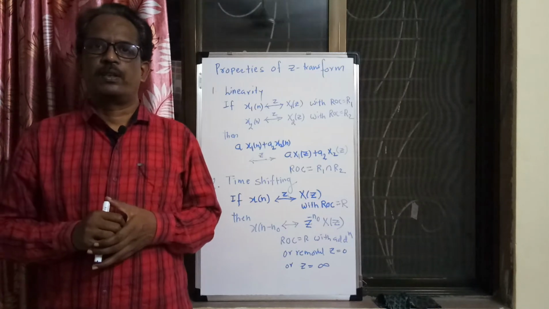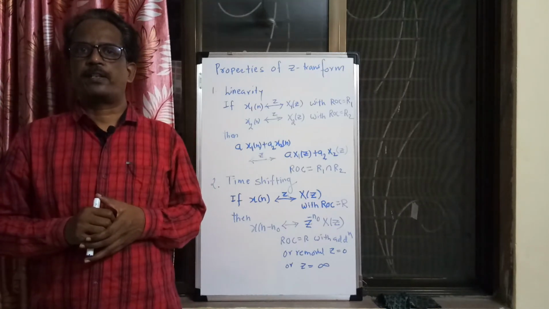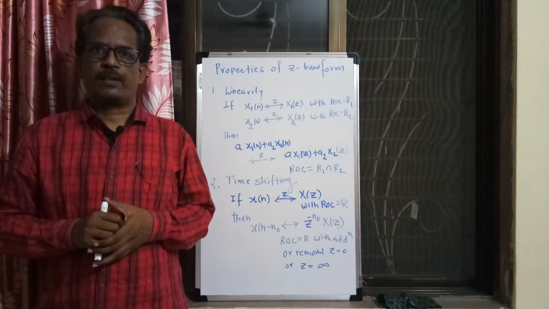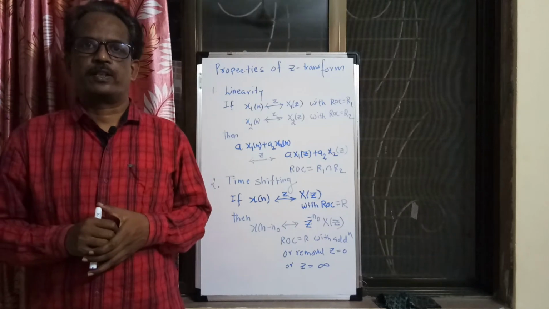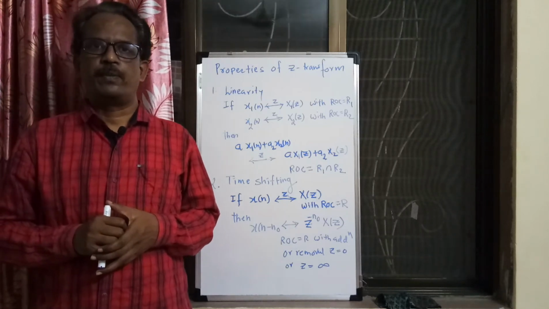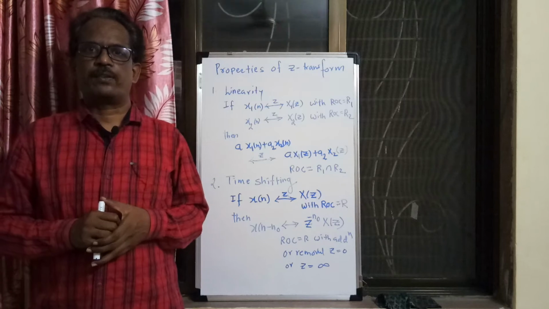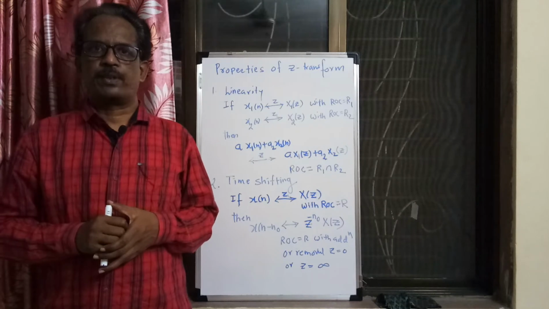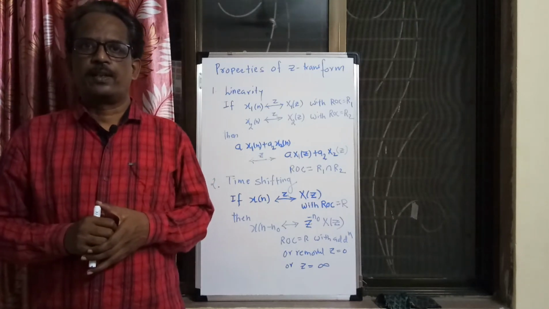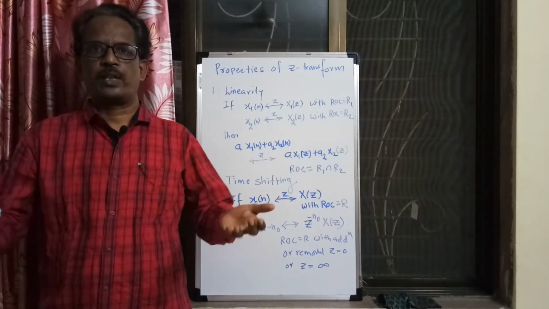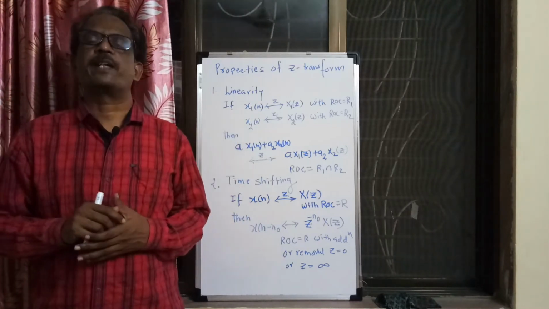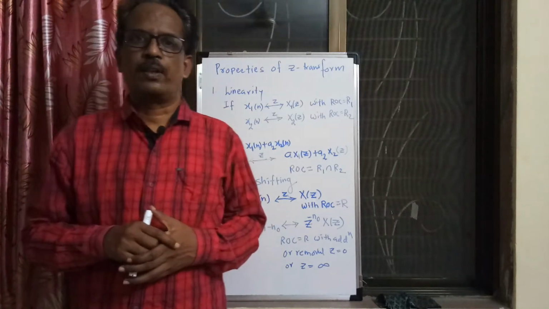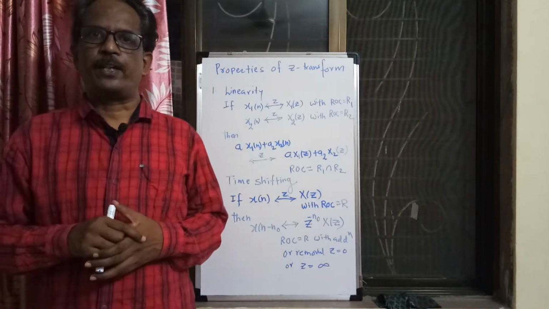The sequence was an anti-causal sequence, starting from minus infinity and ending with minus 1. In that case, after taking the Z transform, it is observed that the Z transform is the same, 1 divided by 1 minus a z inverse, which was also the Z transform of a raised to n u of n. The only difference was in the ROC. In case of anti-causal sequence, the ROC is interior to the circle of radius a, and in case of a raised to n u of n, that is a causal sequence, the ROC is exterior to the circle of radius a.